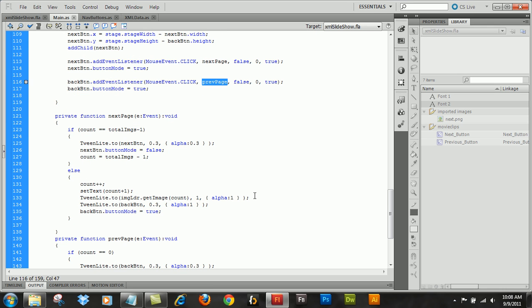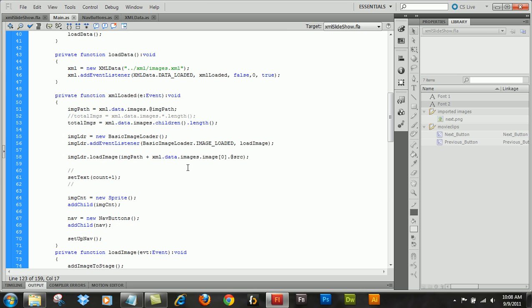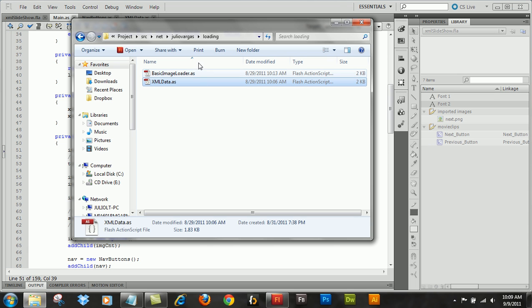All right, and this we already know, if count total images, and I've already stored total images up here when I load my data, right? You see this XML loaded function. I store the path and I store the total amount of images. Now remember when we spoke about children.length? And remember we spoke about the attributes, what they were? So if we were to open up this XML file,